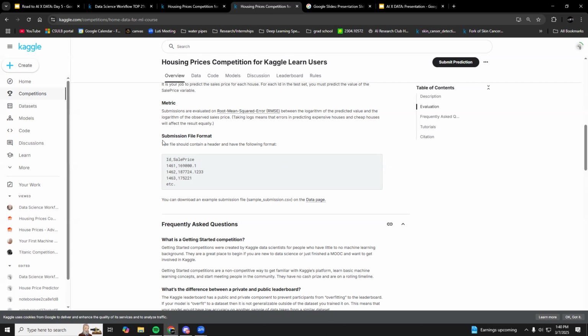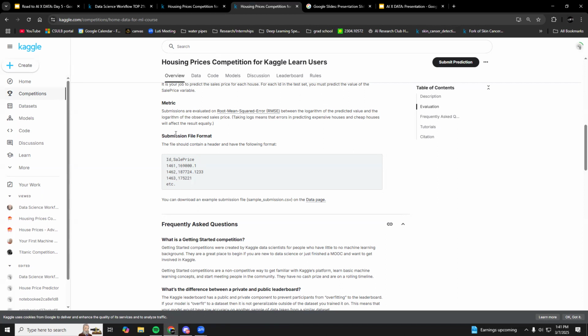But for supervised and vision, we're going to have you submit a CSV of the predictions as well as the ID of the row. Given the test data, your model is going to predict some outputs.